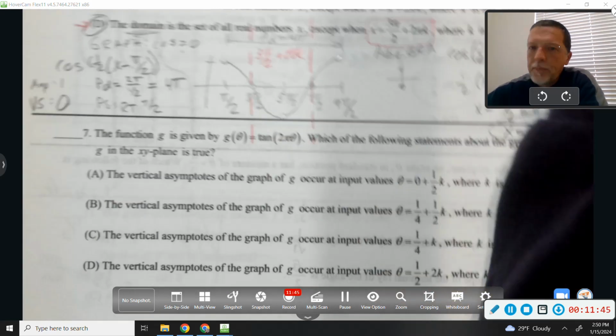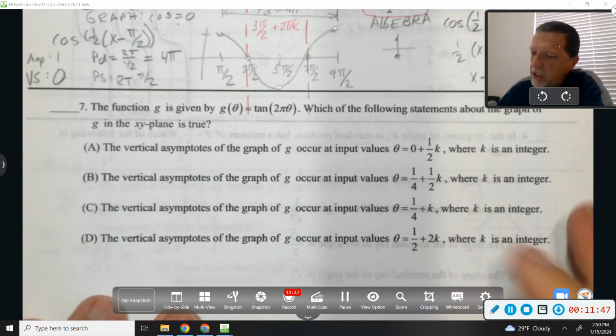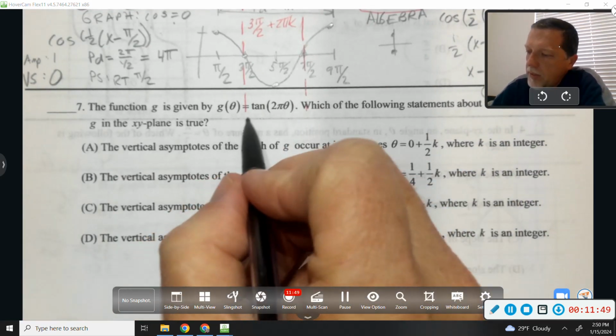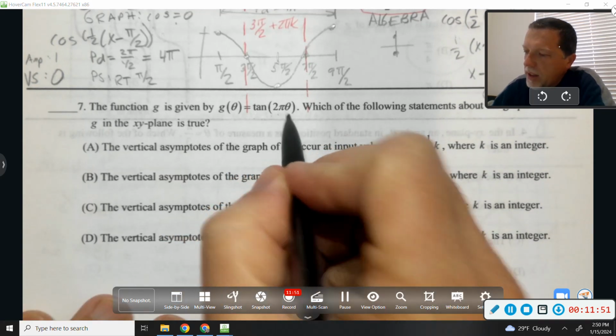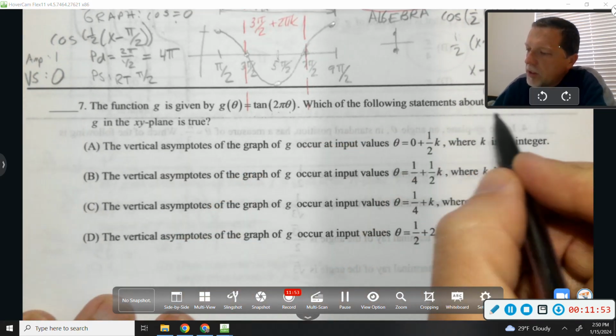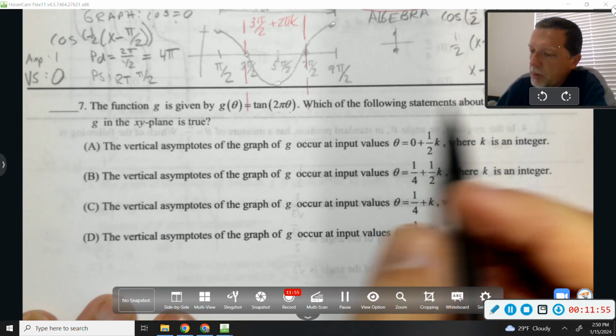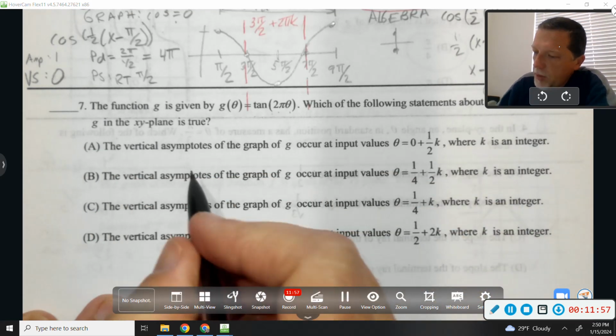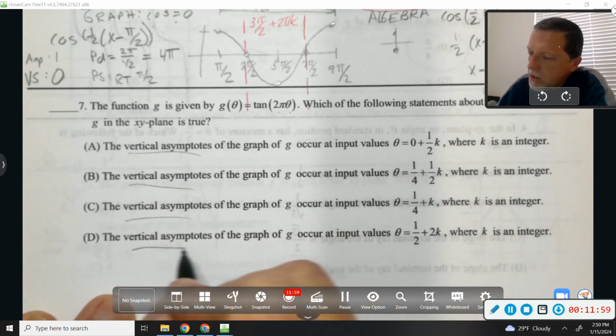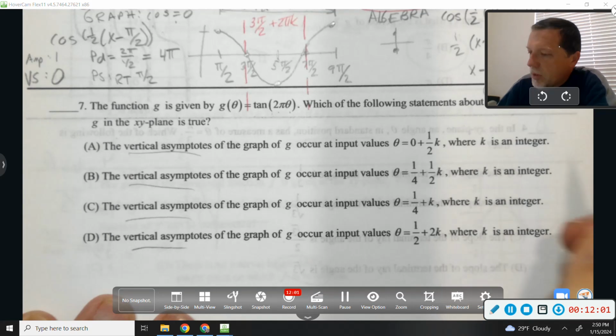Number 7. Function g is given by tangent of 2 pi theta. Which of the following statements about the graph of g in the plane is true? Okay, so vertical asymptotes. Vertical asymptotes. Okay, this is kind of like the last one. I can do this